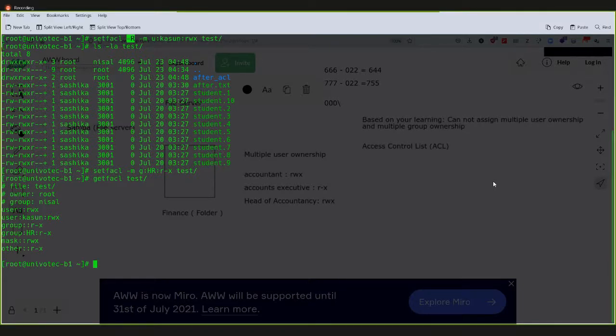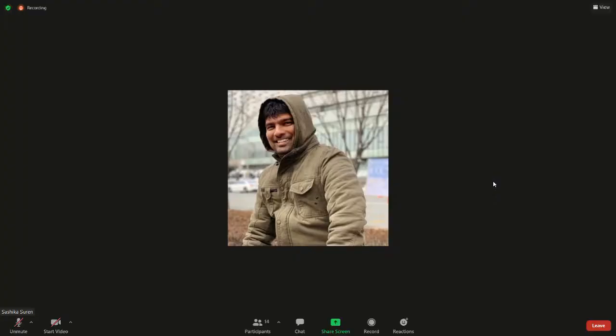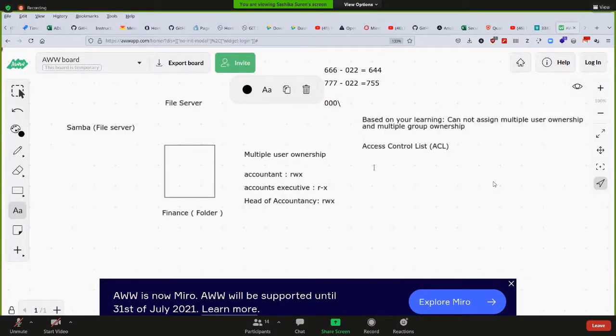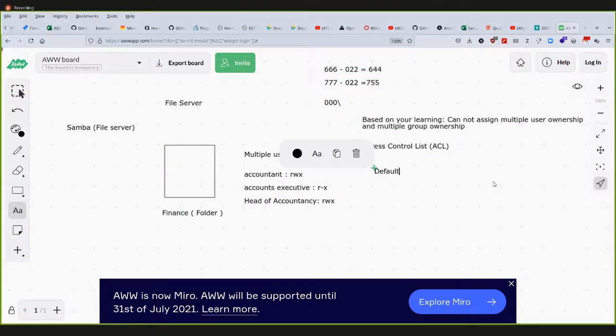There is a concept called default ACL. Let me explain that one. First, I'll explain the theoretical part. Default ACL, what it really does is it allows the ACL to be inherited by newly created files or folders, newly created